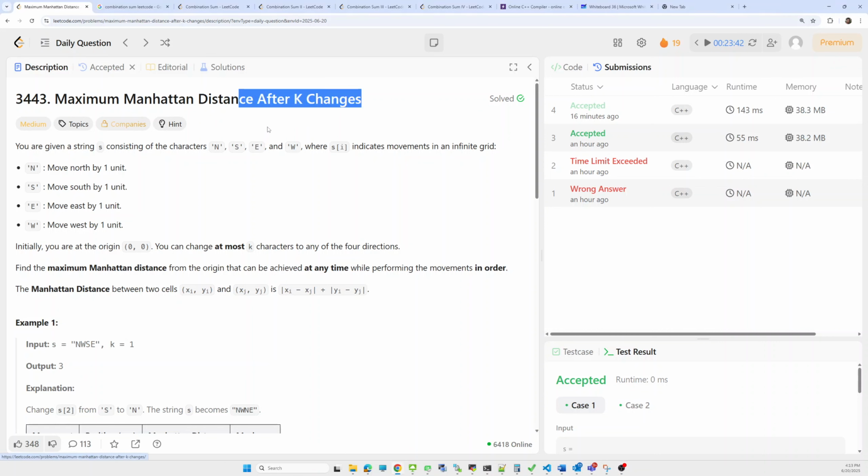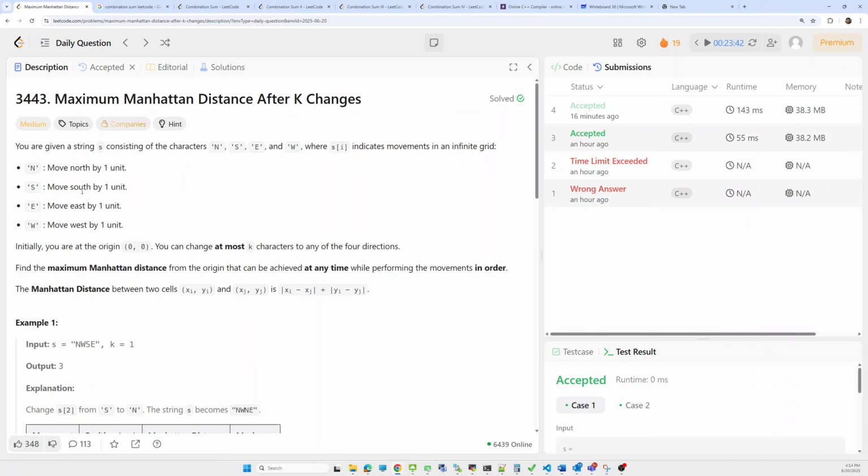Okay. So the problem statement is that we are given a string s, which consists of four kinds of characters: n, s, e, and w. Means n for north, south, east, and west. N means we can move by 1 unit in the north direction.